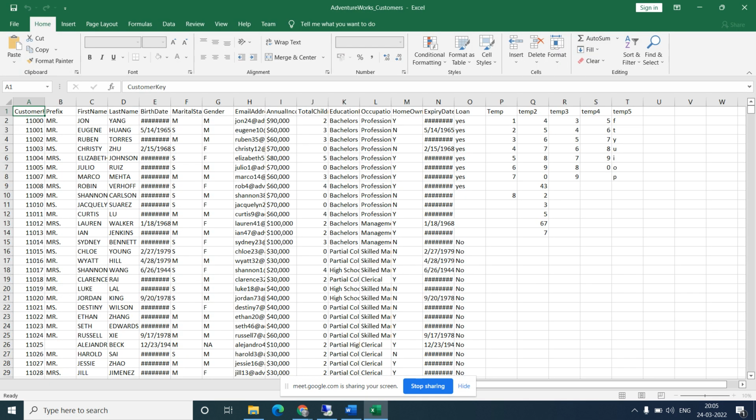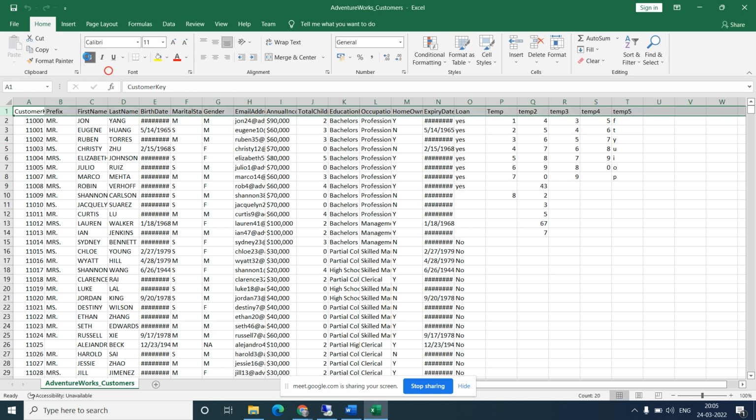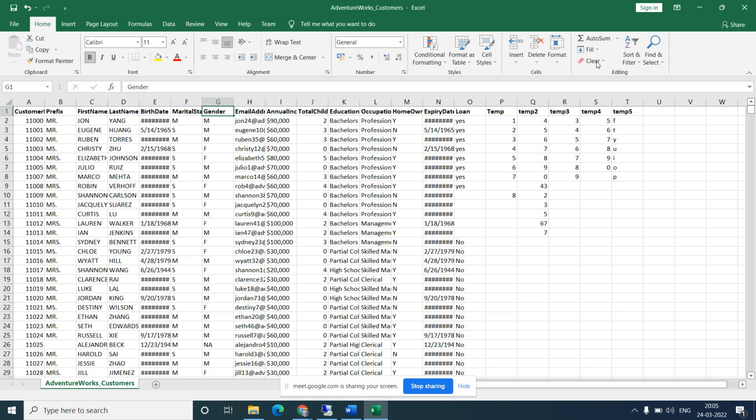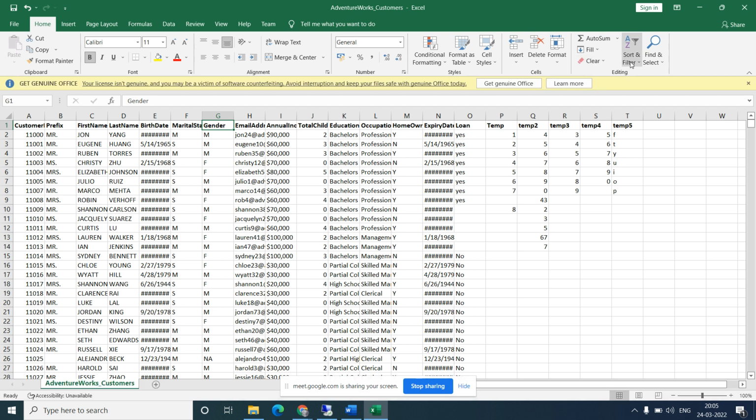If you see, this is the data. I want to filter only male. So how will I filter? First I will add the filter on the column. There is a gender, so put the filter on the gender.